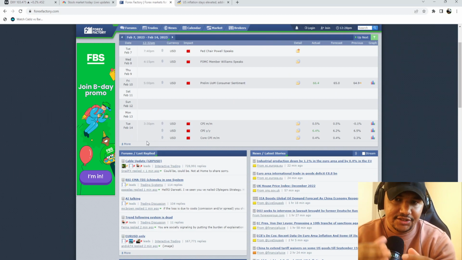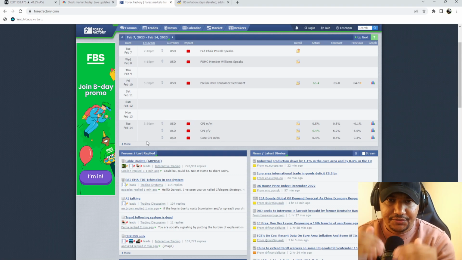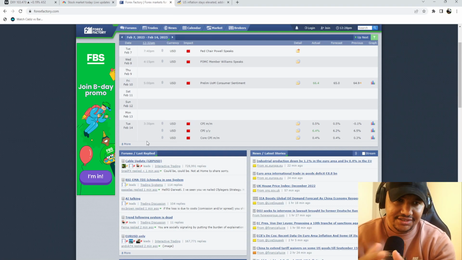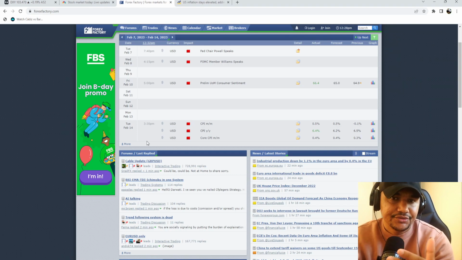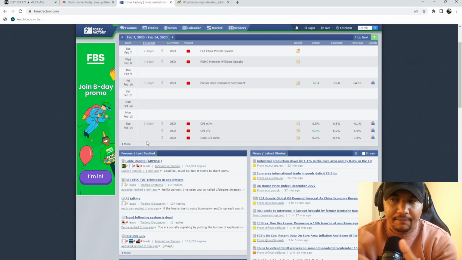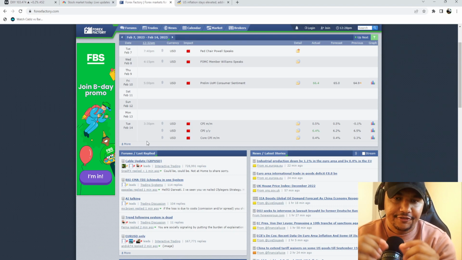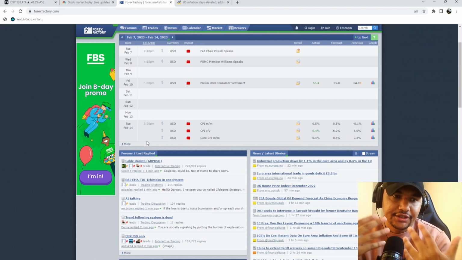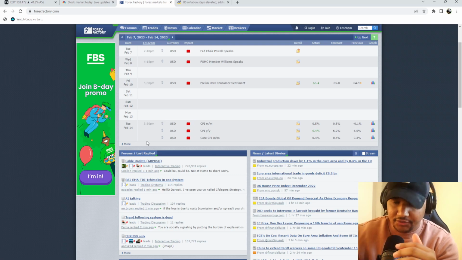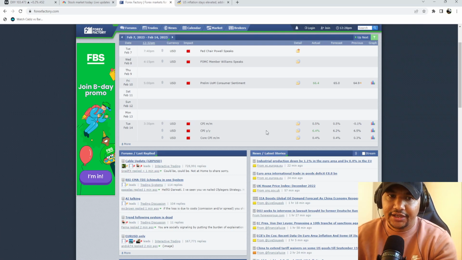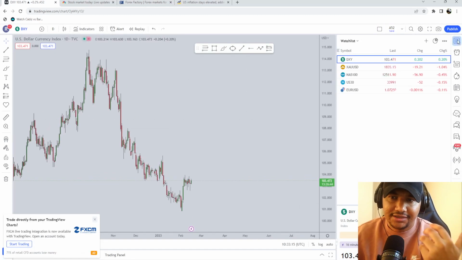The CPI data is the consumer price index, which measures what the average consumers spend on baskets of goods and services. This is also an indicator used by investors to measure inflation in the US. Now normally if you get a higher reading, or not as much of a lower reading compared to what we had previously, that tends to change the market sentiment.